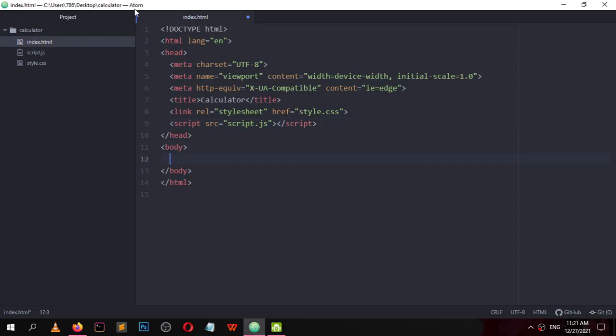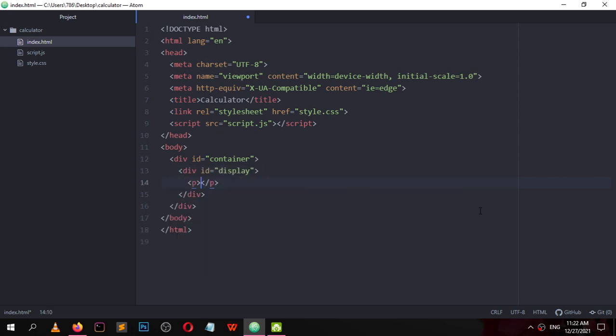Let's start building this calculator. Create a div with an ID of container. This container will hold all the elements inside our calculator project. Now again create a div element with an ID of display.